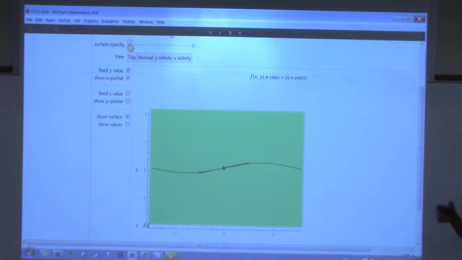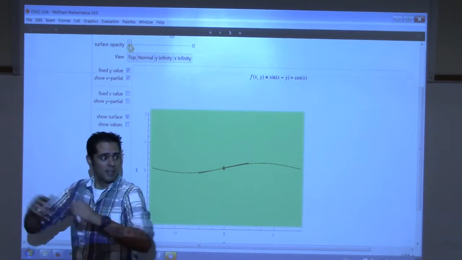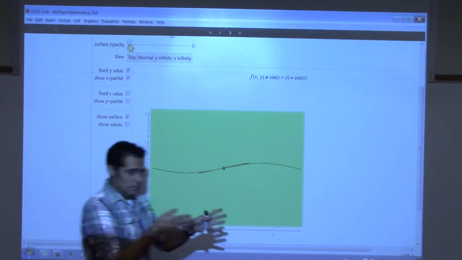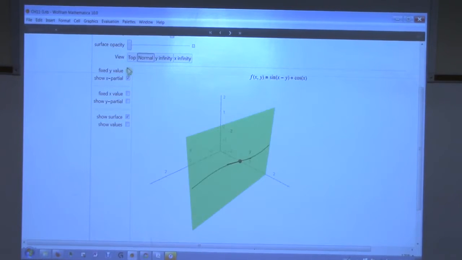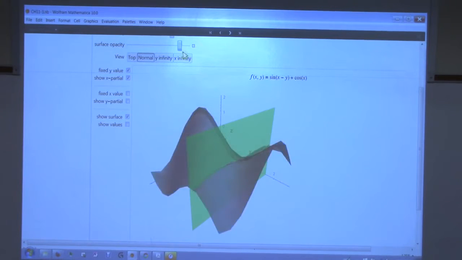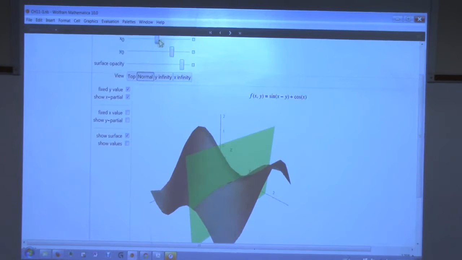Now, that was with me standing up on the chair, deciding to point in the direction that was parallel to the x-axis. But we also said, let's do the y-axis. So let's take a look at how that changes the problem. So I'm going to take that out of here, bring the surface back in, bring my point back to some reasonable position. There we go. And then take that out of there. Actually, I think I'll leave it there for a second so you can see when I fix an x value,